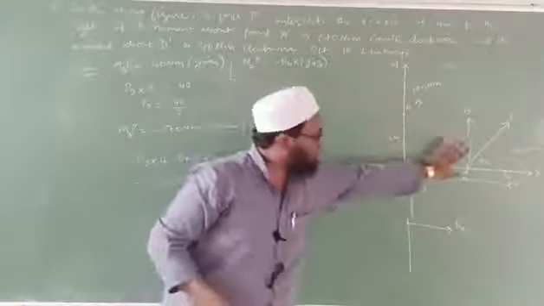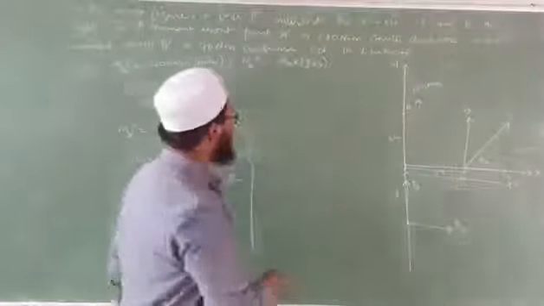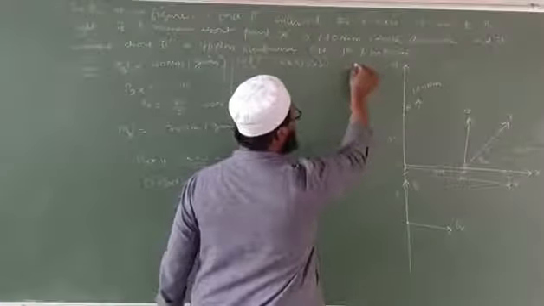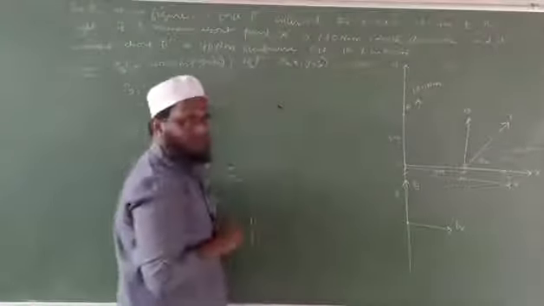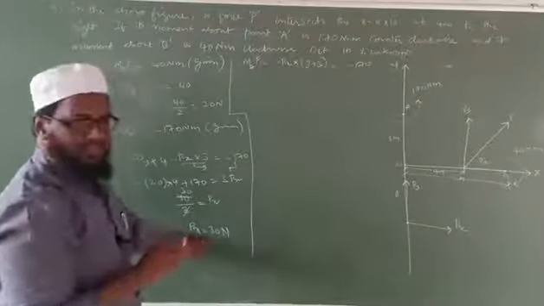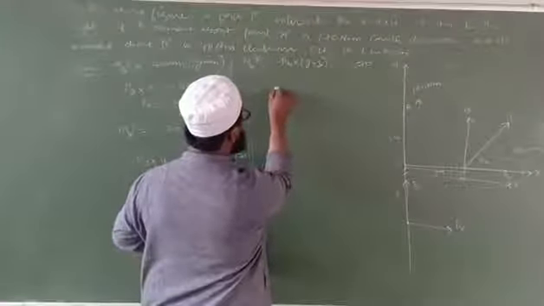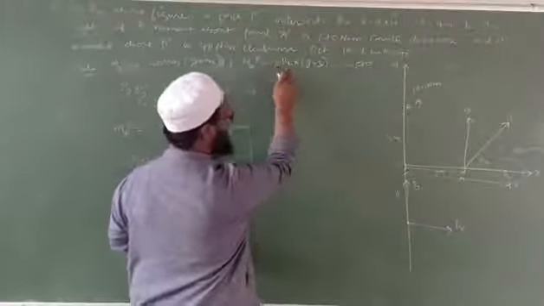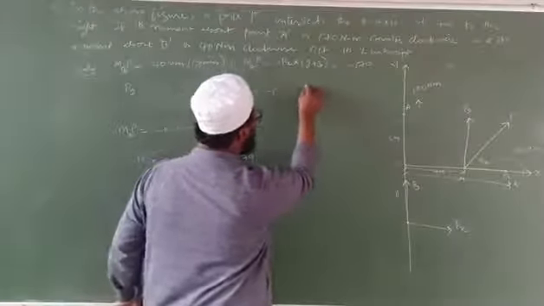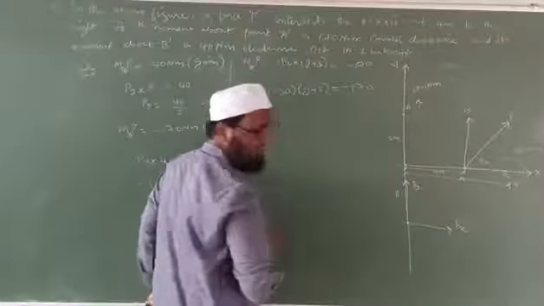Okay, the same force I am trying to keep it here so that we can calculate the value of this y intercept. So moment of P about point A is equal to how much, given? Minus 170. What is the value of Px we have? We have calculated Px, 30. So I will substitute this value here, that is minus as it is. What is the value of Px here? 30. Minus 30 into y plus 3 is equal to minus 170.